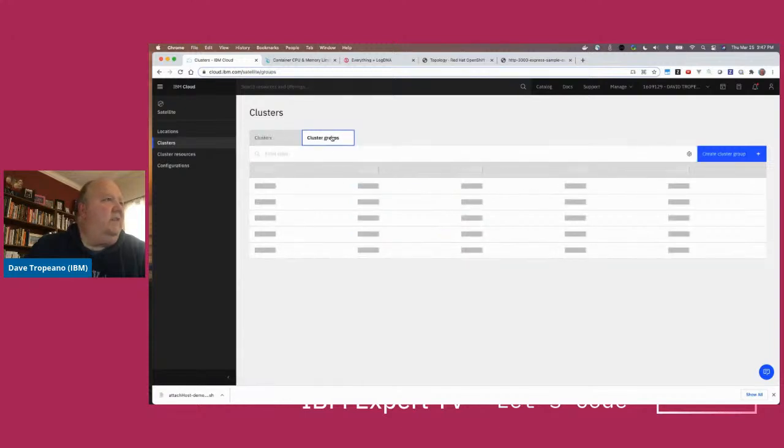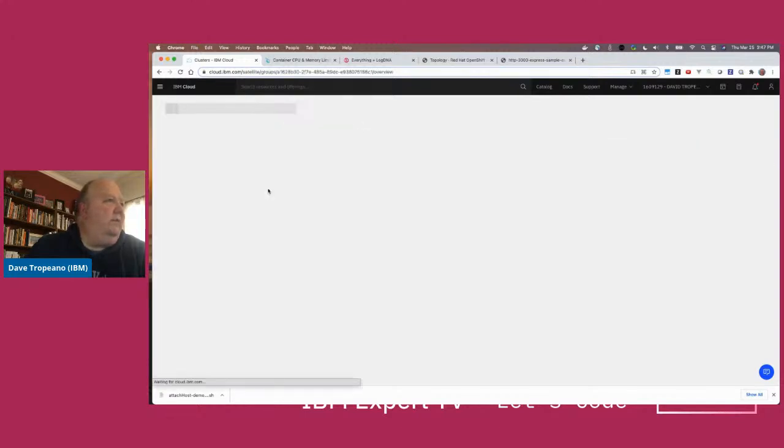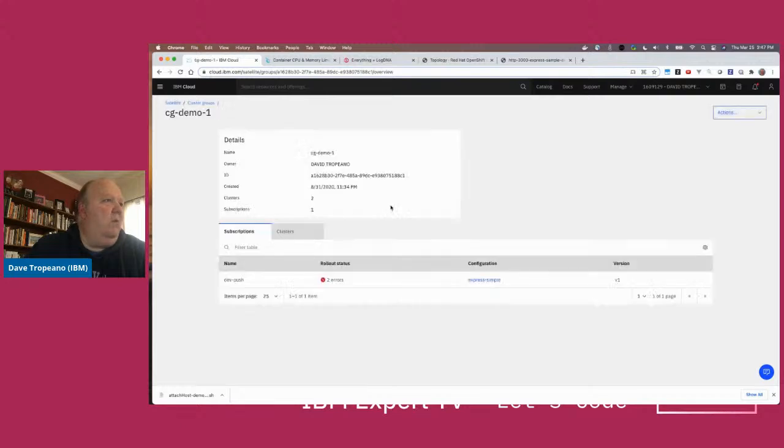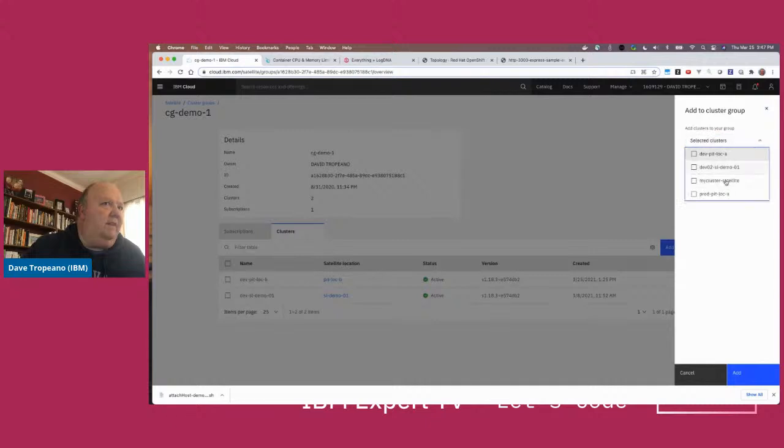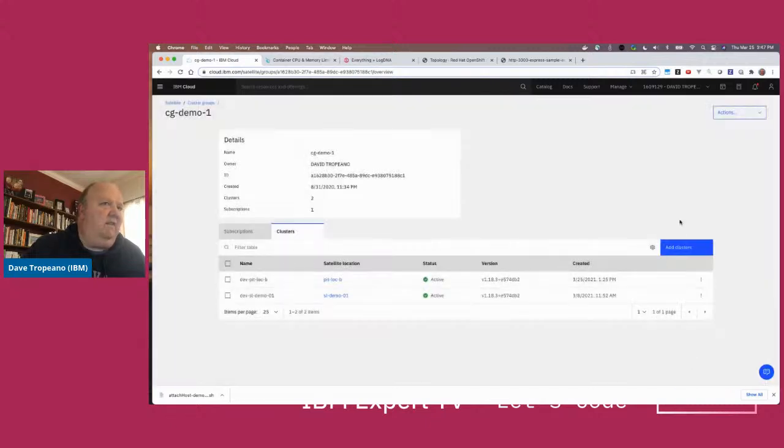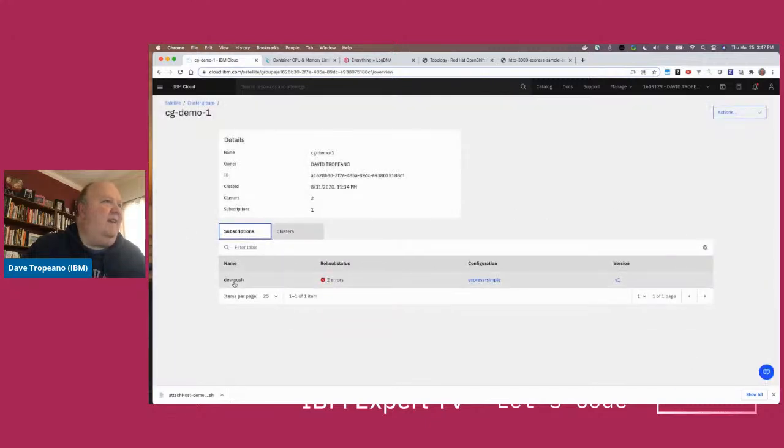And what you can start to do is create cluster groups. I created a group called CG Demo 1. And CG Demo 1 has two clusters in it. It has this SL Demo 1 cluster and the Dev Pit Location B cluster itself. I can just pull down a list and add clusters into a group. But the key here is